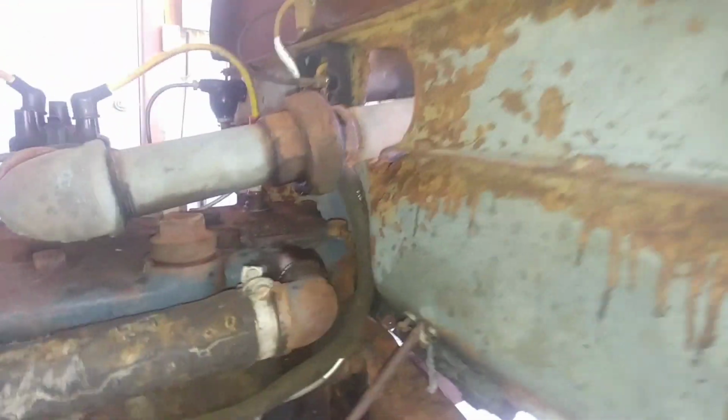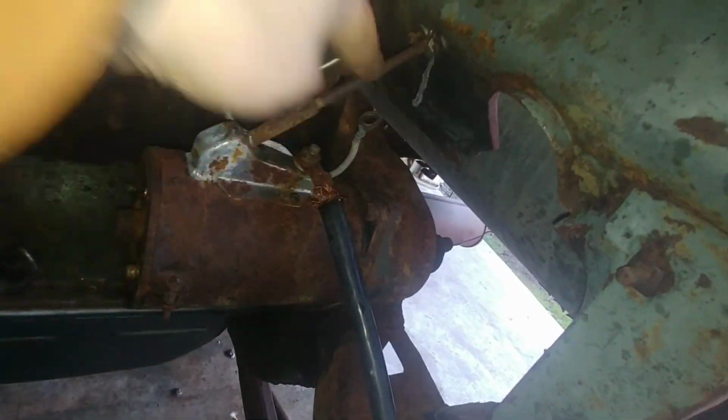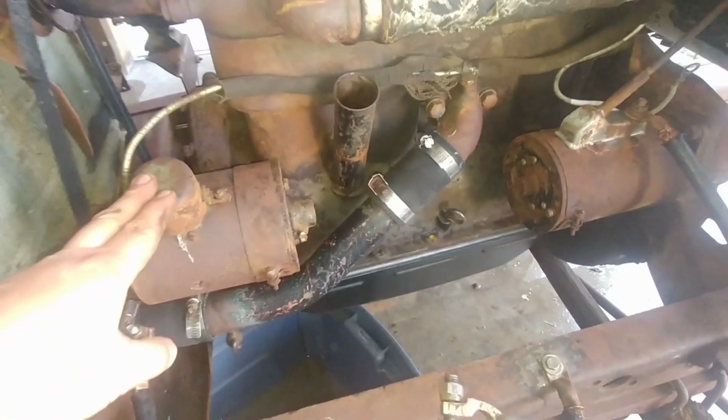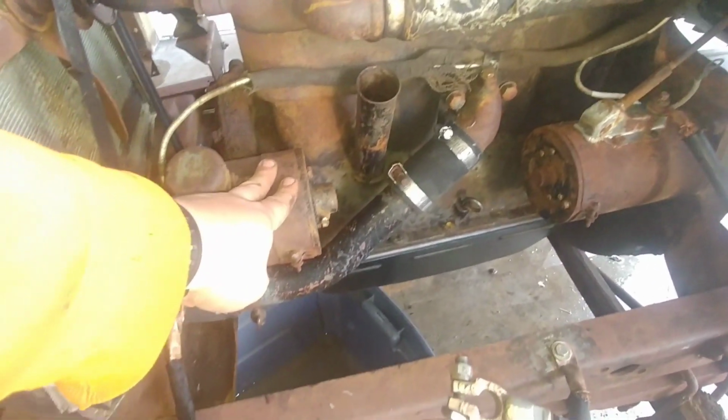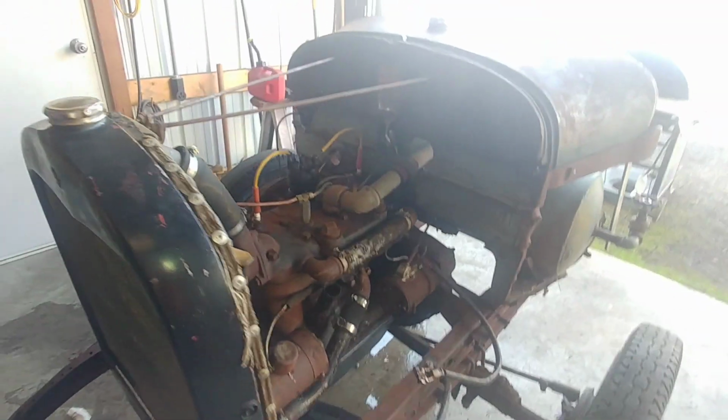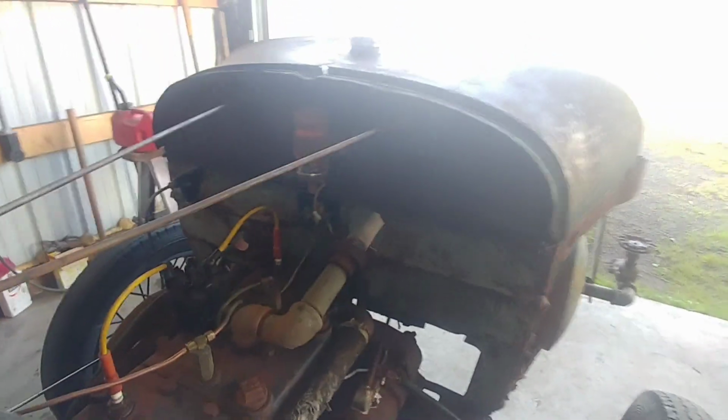But anyways, he gave me a new wiring harness and a couple of things I need to fix on it. And then he gave me this generator, which is not charging, which I haven't gone through yet. Check out the armature and stuff. But chances are it's the voltage regulator. I got a new voltage regulator, and the really cool thing that he brought me that I did not know he was bringing me